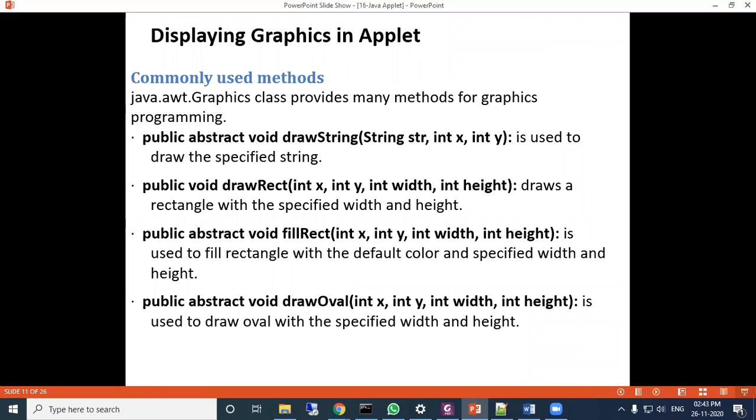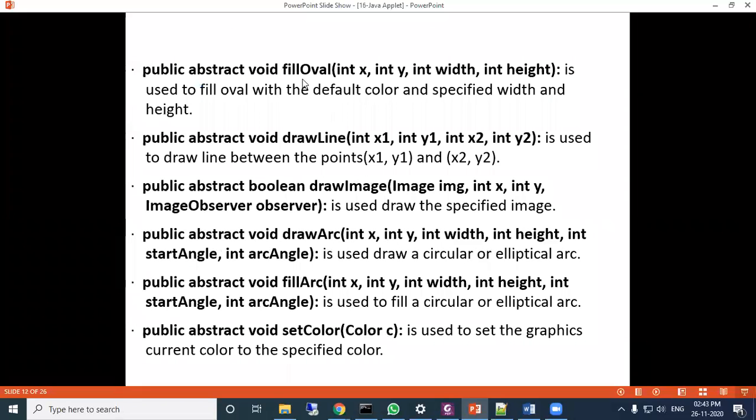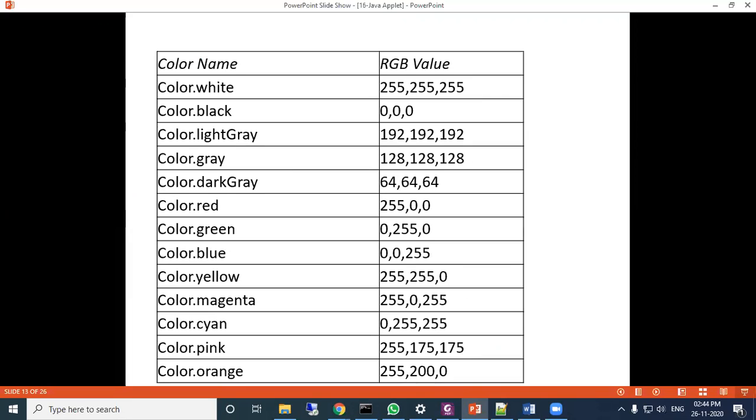And we have seen some graphics methods in the previous class, like drawString to display a string at a particular XY position, drawRect to draw the rectangle, fillRect, drawOval, fillOval, drawLine, drawImage, drawArc, fillArc. And setColor to set the color. Okay, for the next, the different methods' outputs. So these are the methods which we have tested and used. And these are the color codes. Directly you can write, automatically it will set these values.